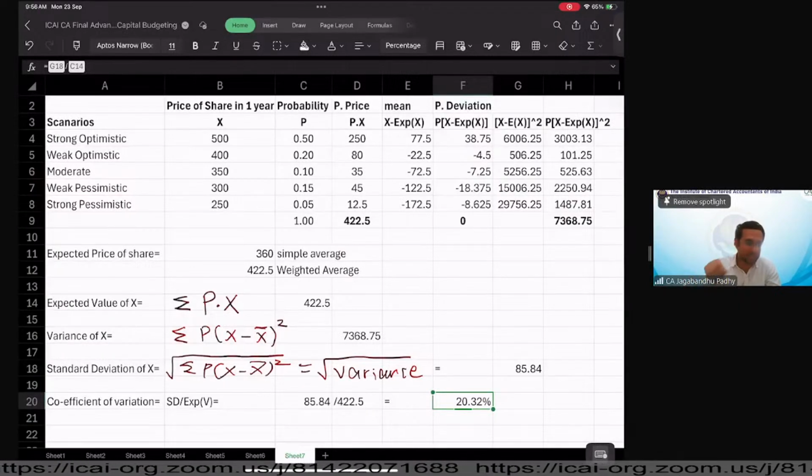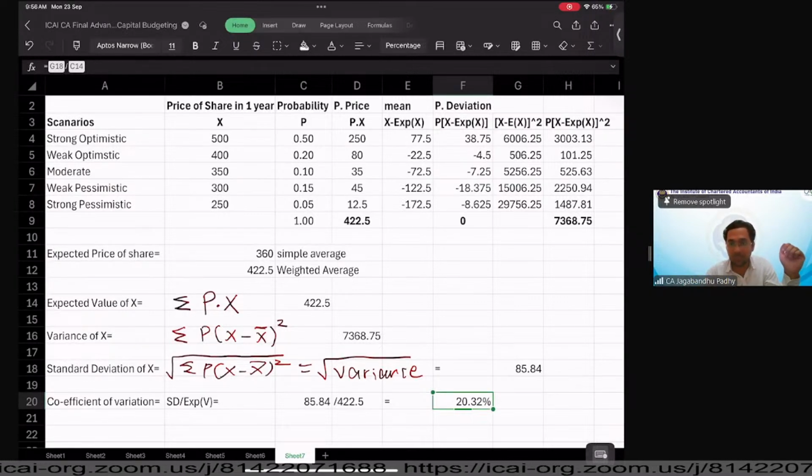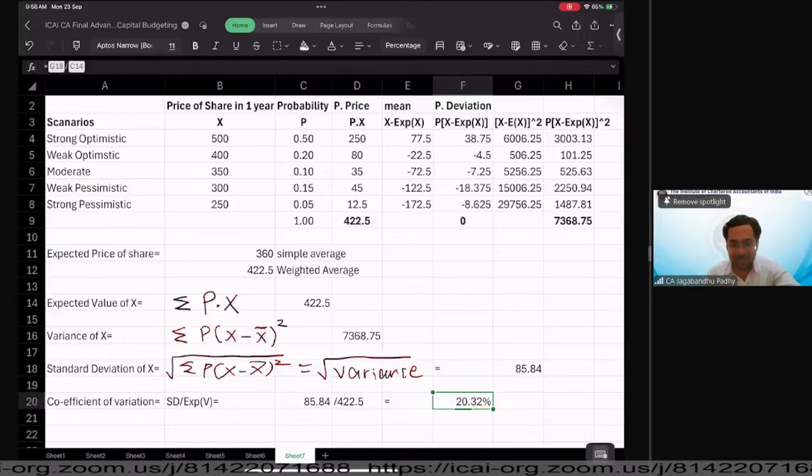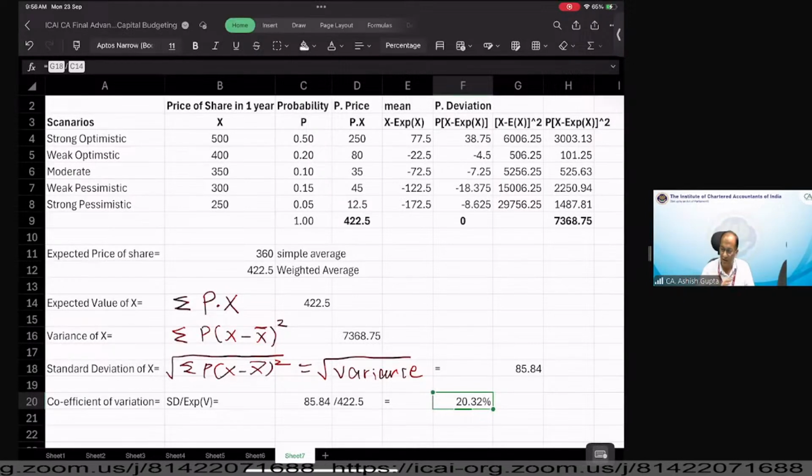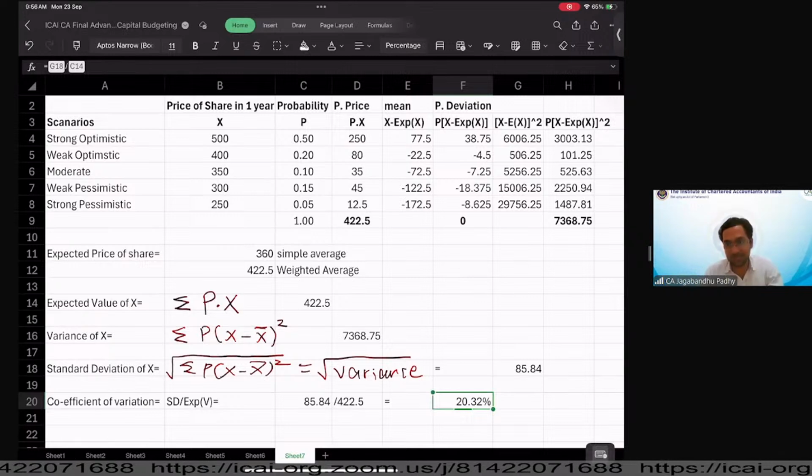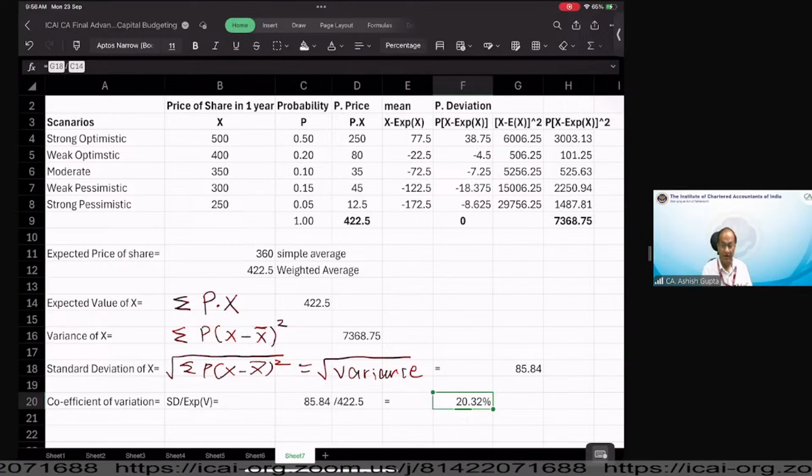Jagbandhuji? Yes, sir. Your session was very encouraging, and when you started, you made a very good story, and you also linked the class with the intermediate level, because you discussed the approach covered at intermediate level regarding the valuation of the firm. Right. Then you linked it with our adjusted present value. It was wonderful. Thanks a lot.